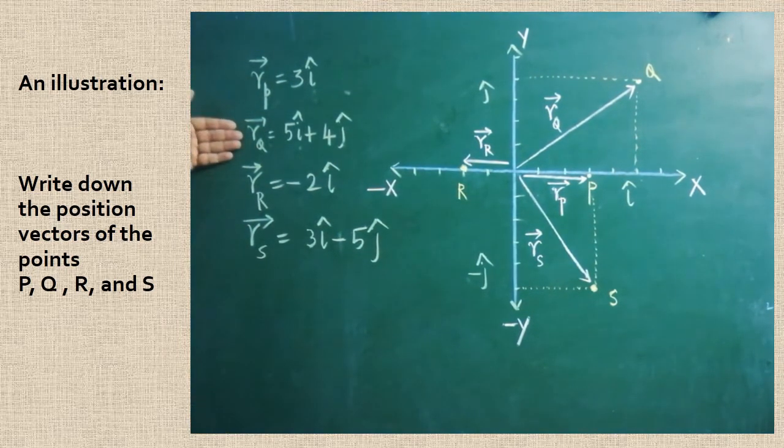So this is the position vector formula for point P. This is the position vector formula for Q. This is the position vector formula for the point R. This is the position vector formula for the point S. Are you clear? So depending on the location, we have to write the sign either positive or negative. This problem is completely worked out on the basis that all the points are located on the two-dimensional coordinate system. Okay.